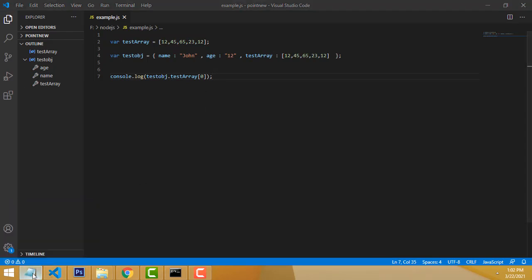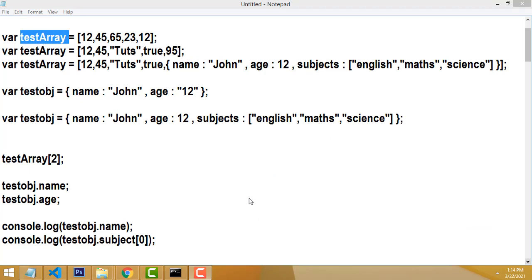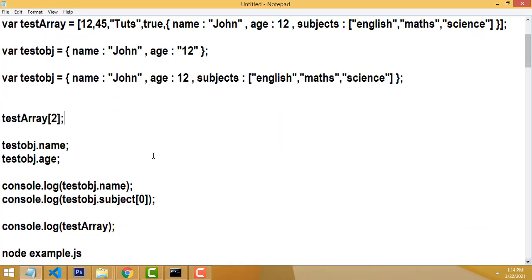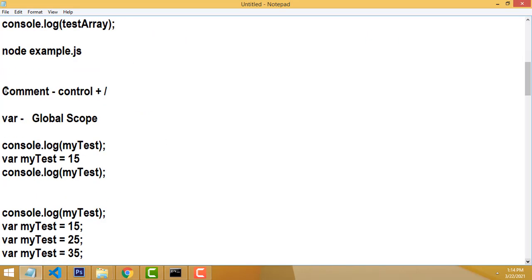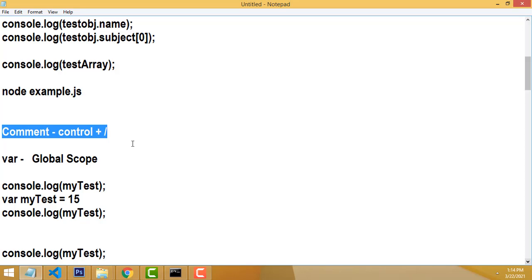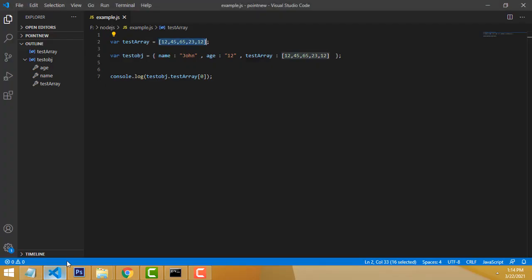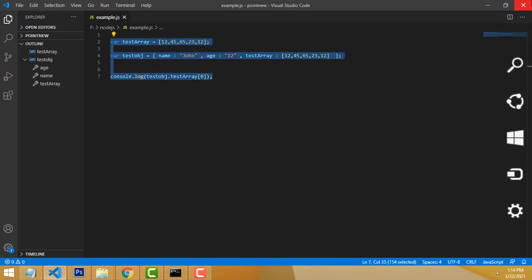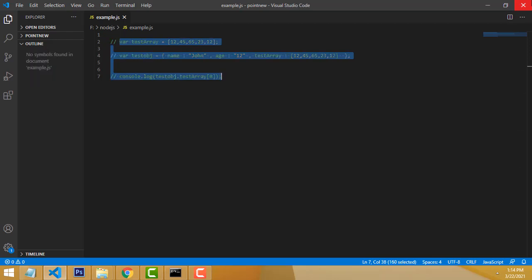So let's move on to another topic. So far we have completed JSON and array. Now let's look at the concept of comments, right? So how to work with comments in Node.js? Let's go back to our editor, VS Code. How do you comment? You have to select everything, hold the Control key down and press /. You have to press them all together, and it will be commented, right? So this is the key.